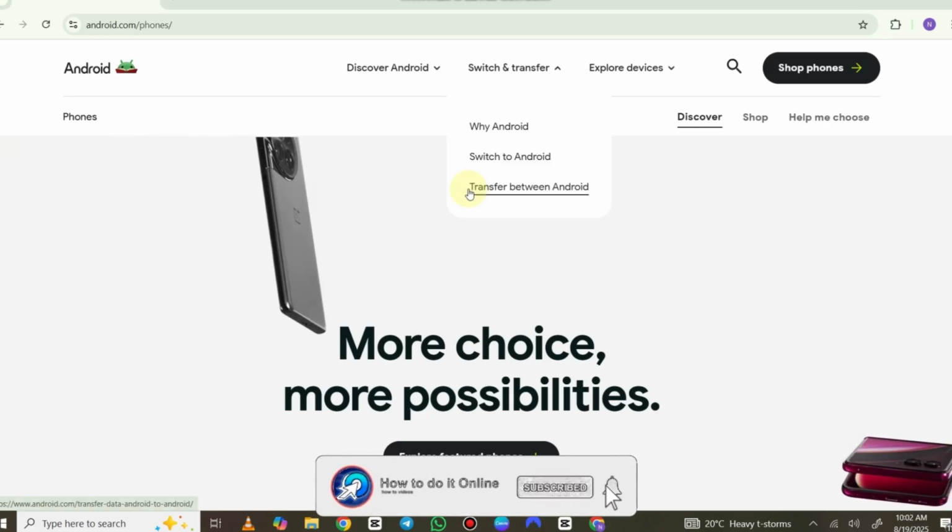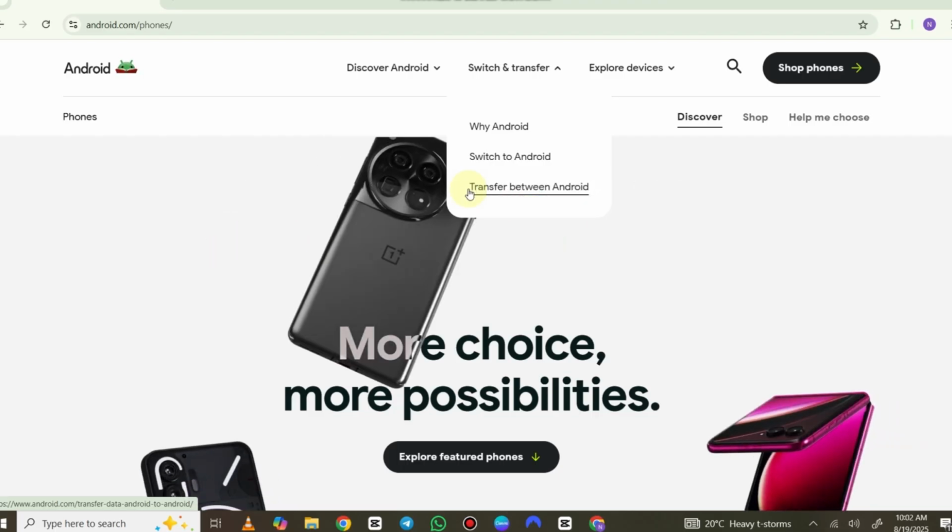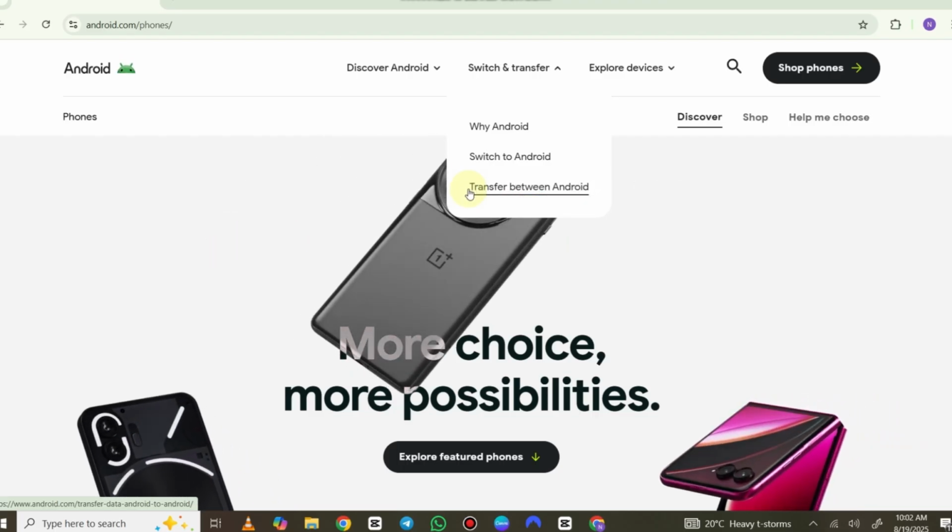In today's video, I'm going to show you how to hide your IP address on an Android phone. If you want to hide your IP address on your Android phone, here's how to do it in seconds with